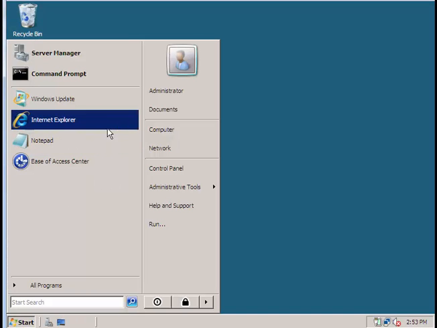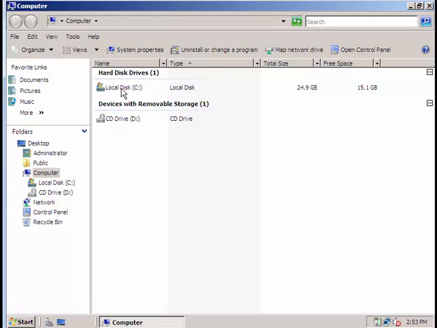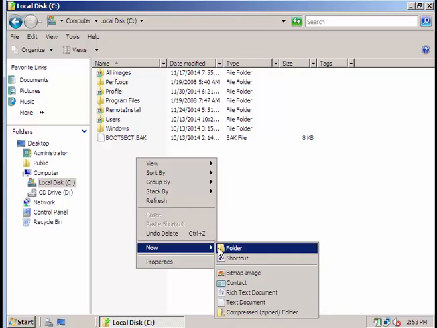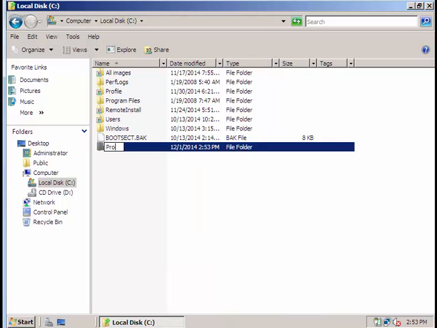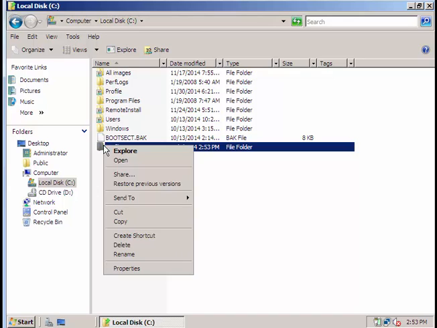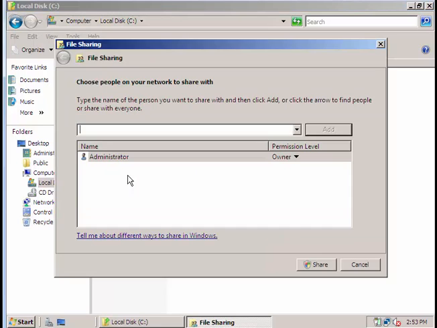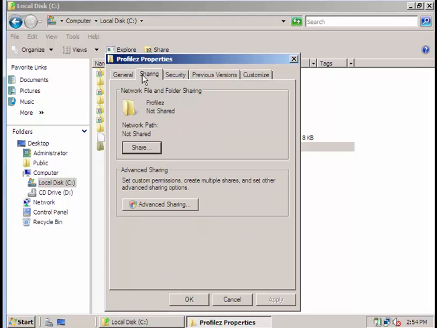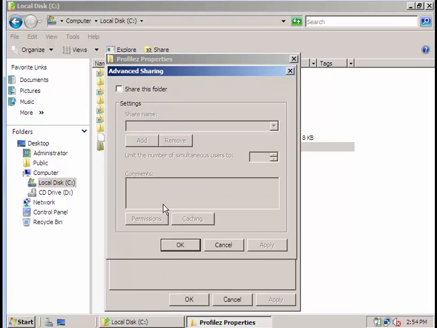Let's create a shared folder on your hard disk drive. Right click, new folder, let's call it profiles with a C. See that we already have one there with an S. And let's share this. Properties, sharing, advanced sharing, share this folder,